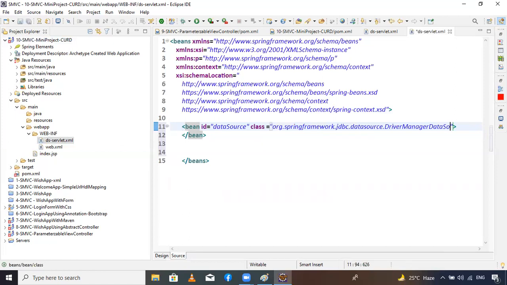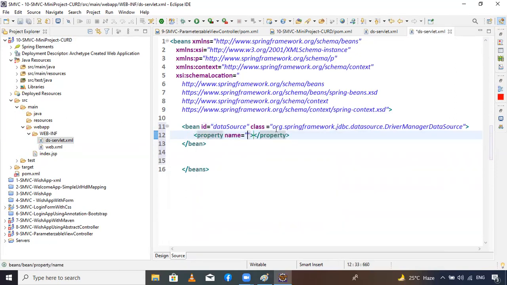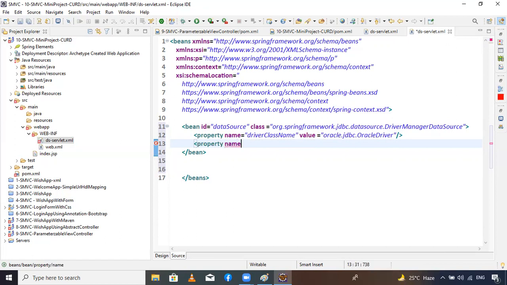So this is the data source class, and it has some properties. Inside the property tag, one property name is driverClassName. Here you can pass the driver class name as a value. What is the driver class name? It's not JDBC, it starts with oracle.jdbc.OracleDriver. This is the first property, and the second property is property name equals